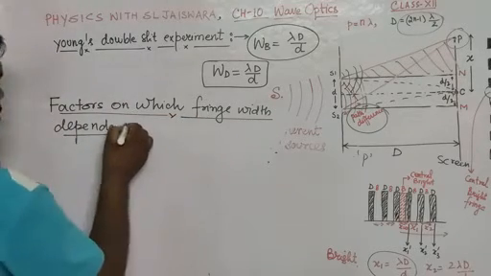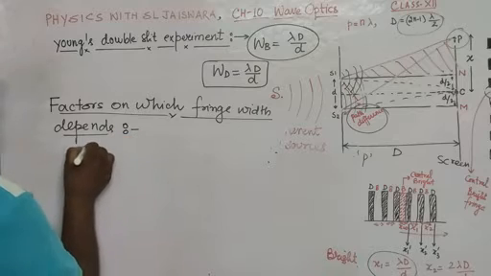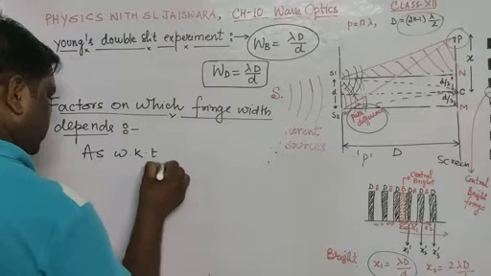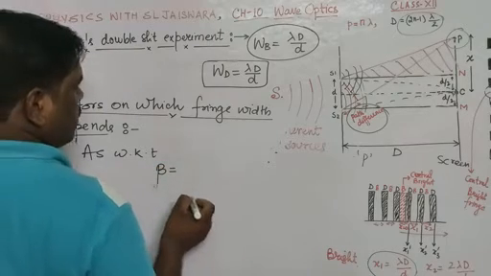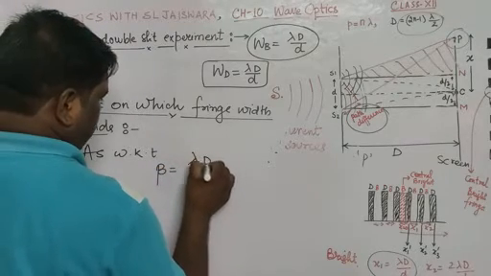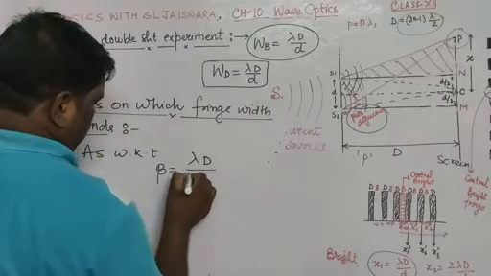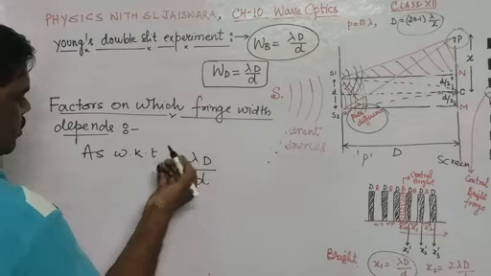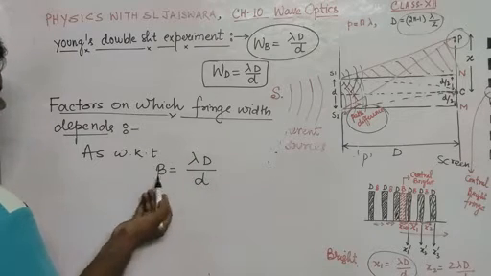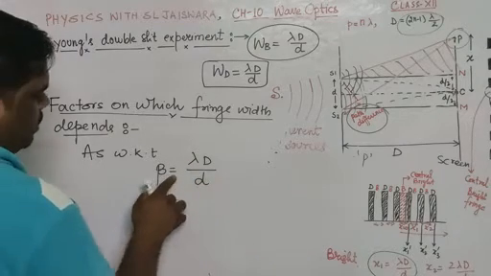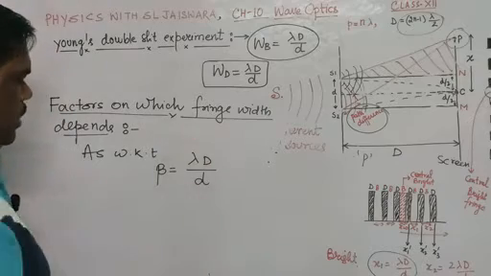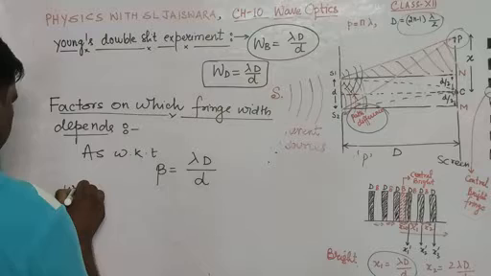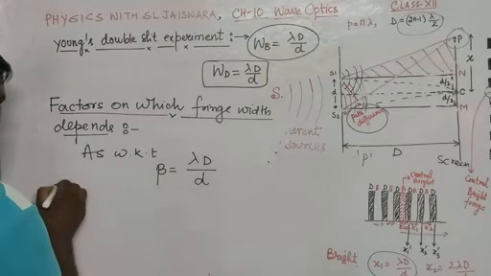Dear students, as we know, fringe width beta is equal to lambda D upon d. So on which factors does beta depend? By seeing this formula, beta equals lambda D upon d, you may write that the fringe width